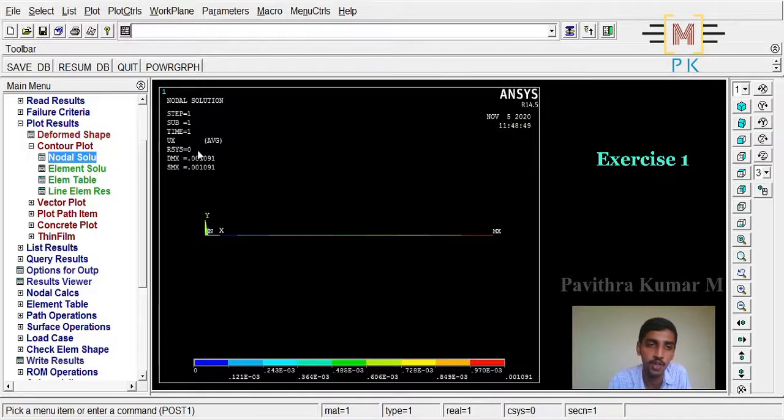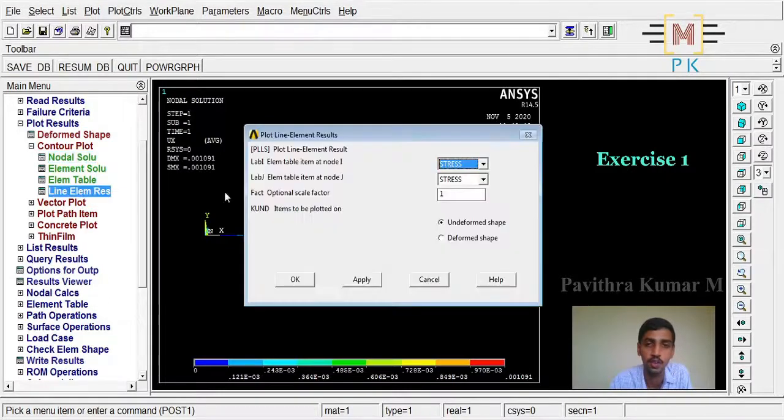The maximum value of deformation is 0.001091. This is nothing but 1.091 into 10 to the power minus 3, the value which we have obtained using theoretical calculation.